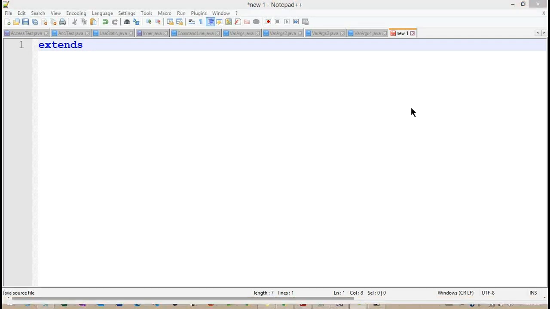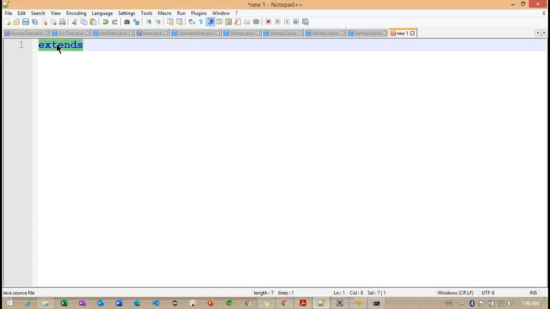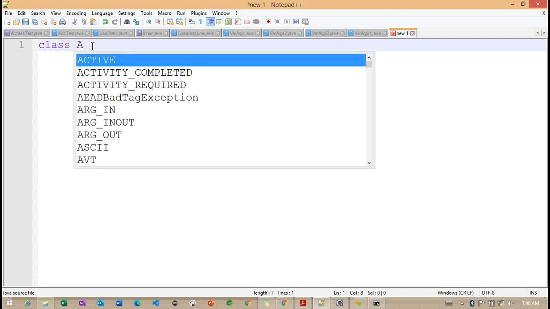With the help of this extends keyword, we can easily understand how the parent object is going to have the relation with the child here. Okay, so I'm trying to write a simple example here.